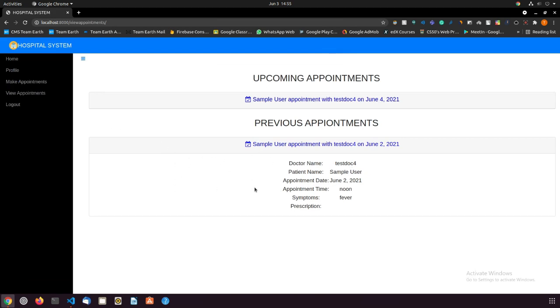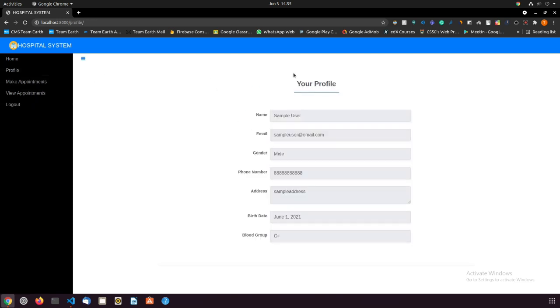So that is the hospital management system, where you can apply for an appointment with the doctor, and then give all the details, and it'll appear in the doctor's dashboard too. So this is the project for my CS50 final project, and you can also log out, and when you go to your page, to your profile, it'll show you all of the details that you signed up with when you were creating your account. And that is about it.